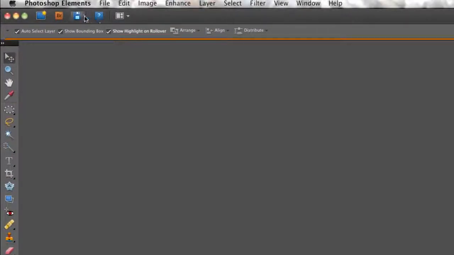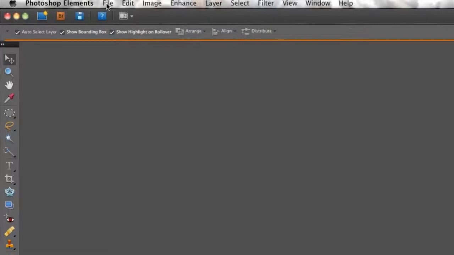At the top of the screen here we have shortcuts to various different parts. The most useful one is the shortcut to save as we go along. It's always a good idea to save our image as we go along, just in case we get a problem with the computer. And then at the top of the screen we have the normal